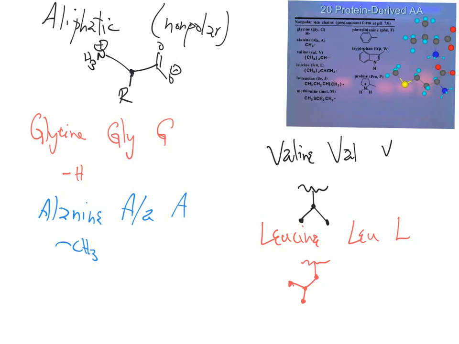Alrighty. So next, once again, this is the backbone. It's isoleucine. Isoleucine is one of my least favorites. I'll give it the one-letter code first. It's easy. It's I. The reason why, at least whenever I was memorizing amino acids, I did not like isoleucine is because its three-letter code didn't make sense. It's not iso. It's ILE,